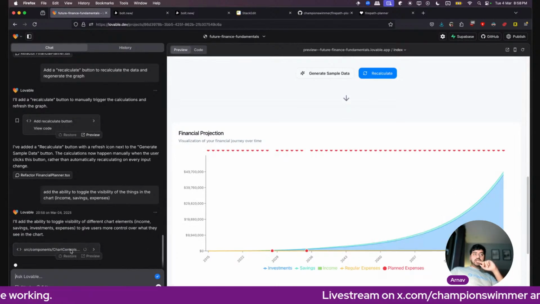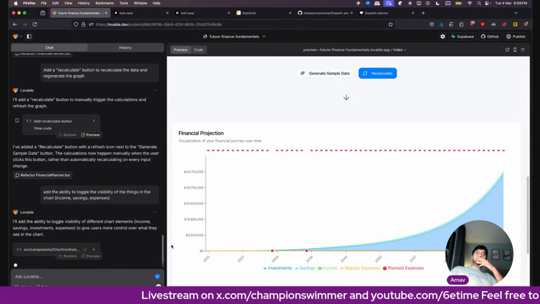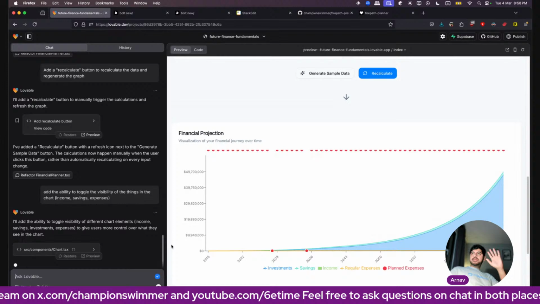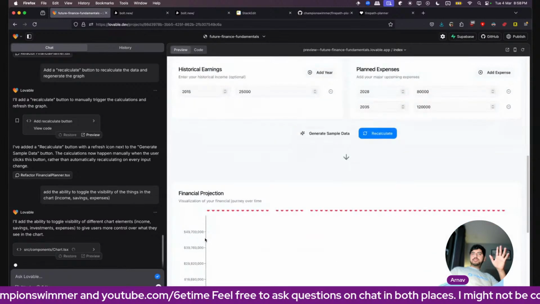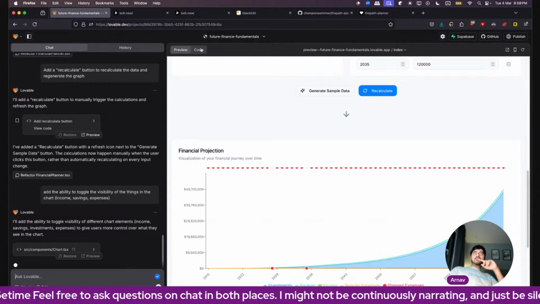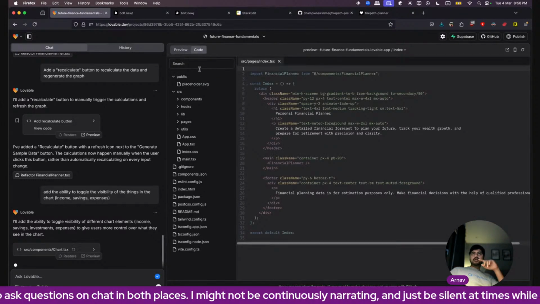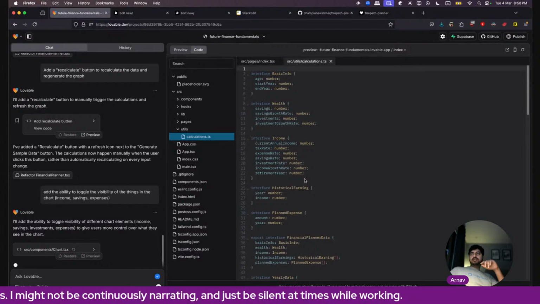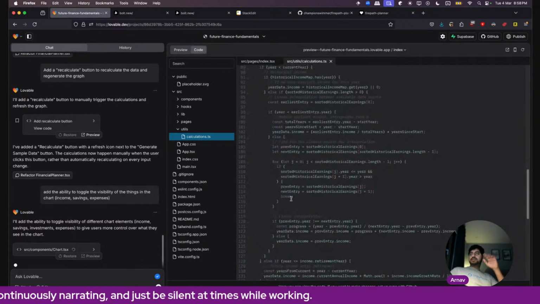So it's adding something called chart controls for that. Interesting. Then the calculation is definitely wrong here on the chart somewhere. If I go into the code, I can probably see what is wrong. So that's calculations.ts where it actually does the calculations.